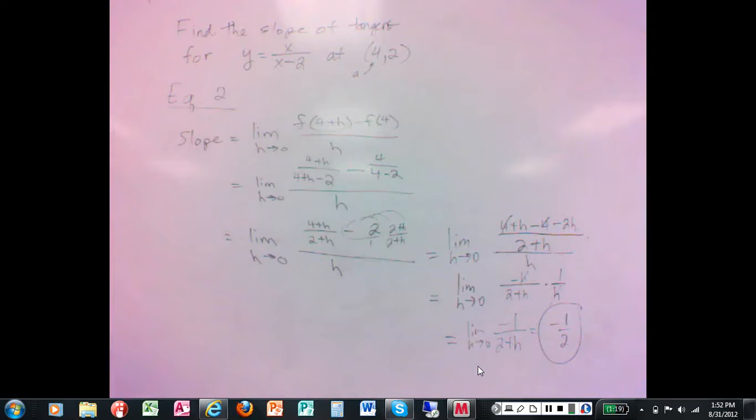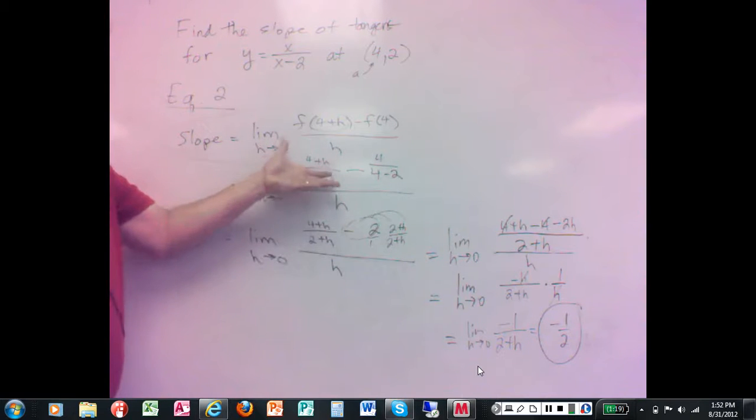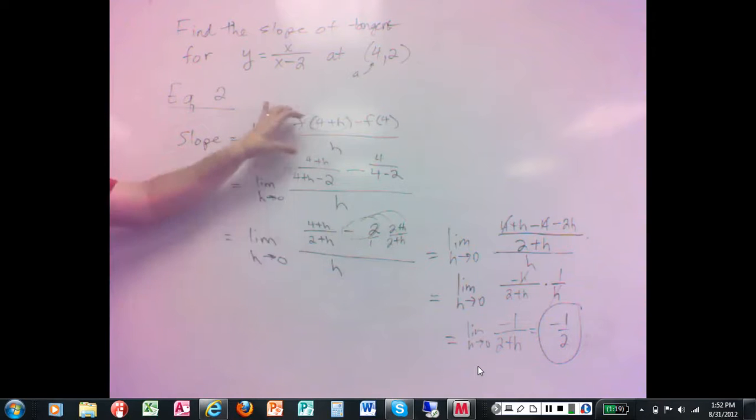But really, calling this the slope is really all that's new. We've done all these limits before. We're just now noting that this equation here gives me the slope of the tangent. All right, now the other